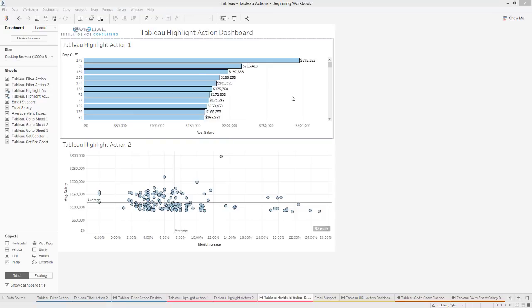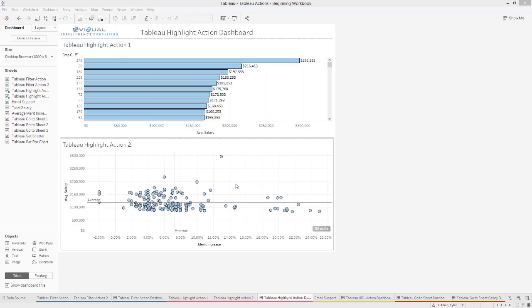All right, the next one we're going to do is the URL action. Now this one, you can be pretty creative with it. This one is going to create a hyperlink, so that you go to a website, download a file or send an email. And there's some different creative things you can do, but it's going to run a URL. Okay, so you can have this run inside of Tableau by bringing in the web page, and it'll run it inside of Tableau, or you can have something run outside of Tableau, and you hit it, and it'll bring up